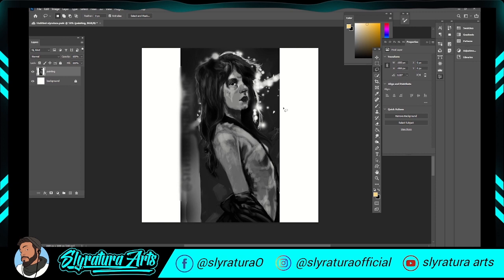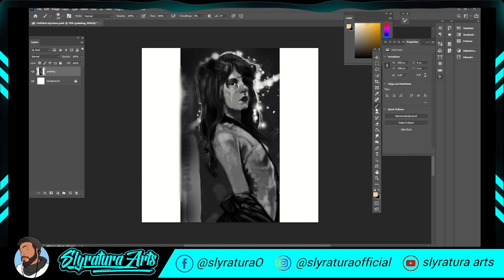So what I did, I changed this painting, this illustration, into a black and white image, and all I did was go to this little button here at the bottom, the adjustment layer button, clicked on that and went to black and white, and it makes it black and white, and then you merge those two layers together. So what we're going to do, we're going to start in black and white, and imagine you just painted in values only, so black and white, and now you want to add some color. So what you can do,